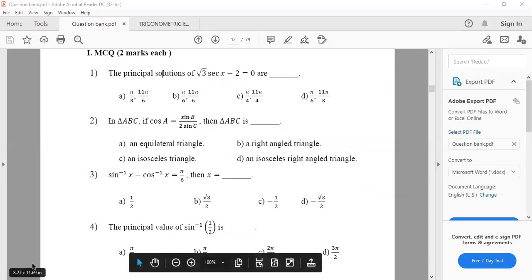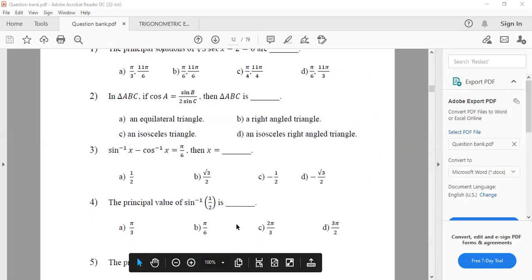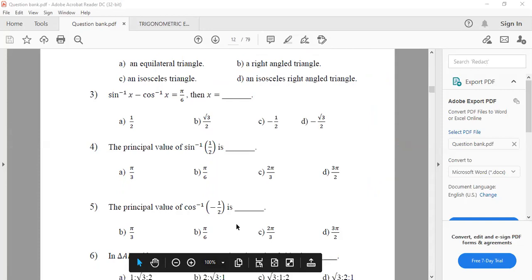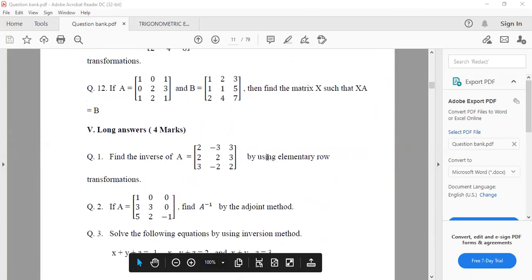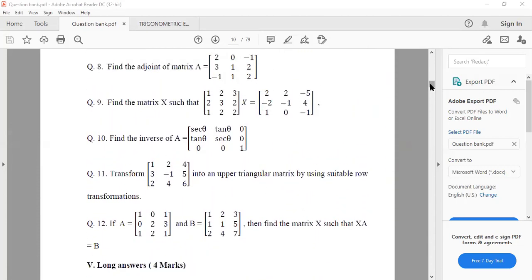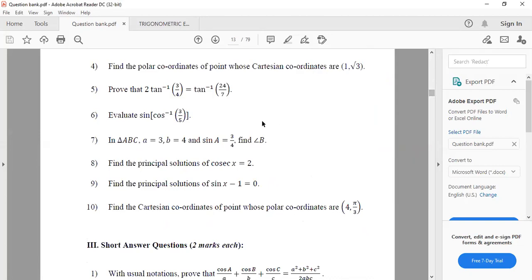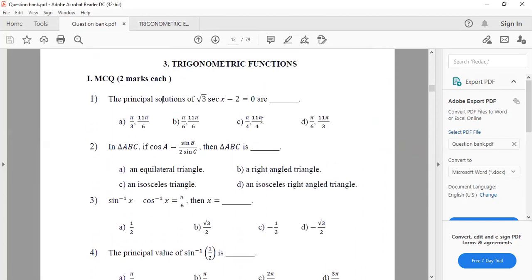Let me check if there is any other question on this. We are supposed to show the working in the answer, right? Look at this, you don't have to show the working in this. No working, just the answer. Listen to me. How to write the answer? In the examination, please note: 1 MCQ, question number 1, B, pi by 6, comma, 11 pi by 6. This is all you have to write, nothing else.